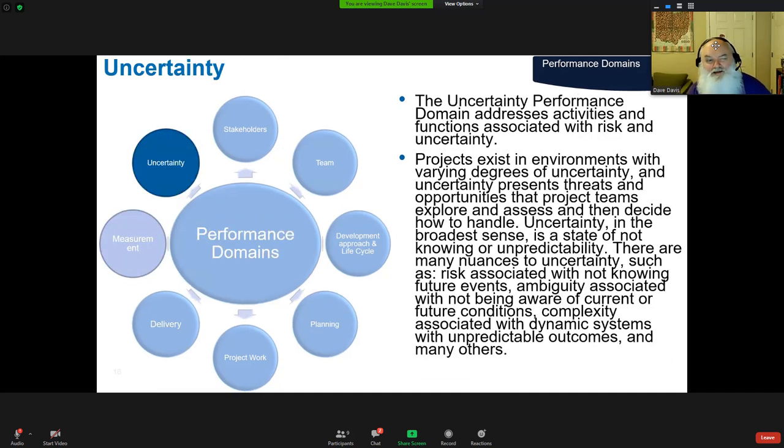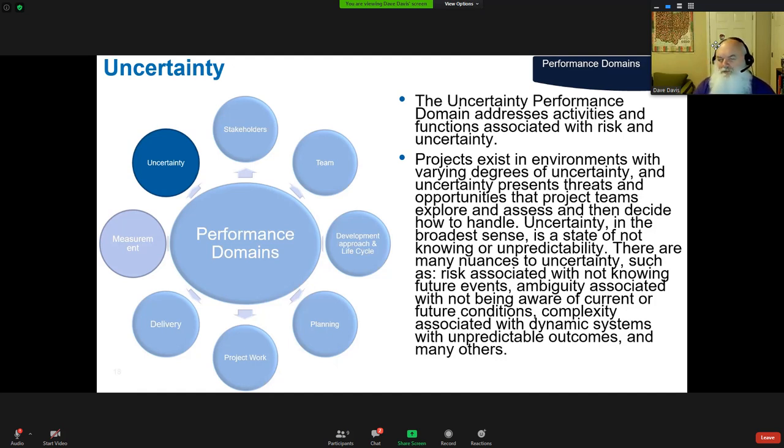Now here we get into uncertainty. One of the things that I've always liked in the Agile ACP world is the cone of uncertainty. It kind of reminds me of the old Get Smart and the cone of silence. But we have this big cone of uncertainty, and really the project manager, one of their main jobs throughout the life cycle is reduce the uncertainty so we have a better idea of the certainty of what we're delivering. And that's why we do things like spikes or small prototypes or whatever terms we want to use.